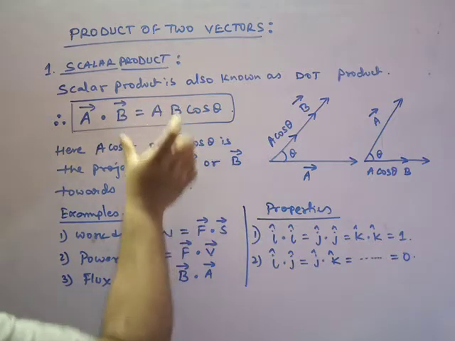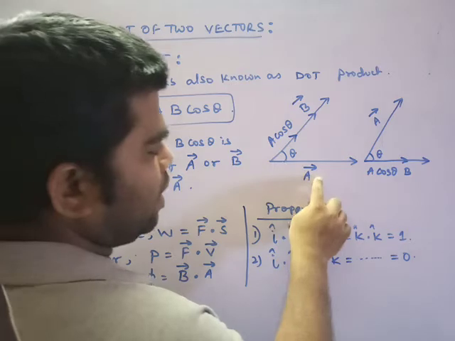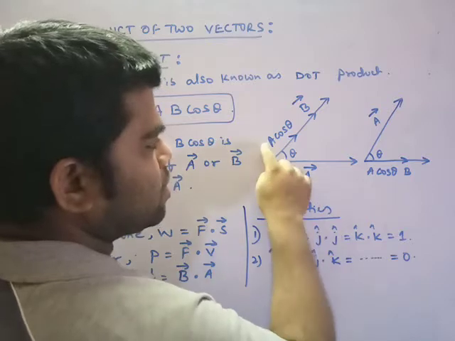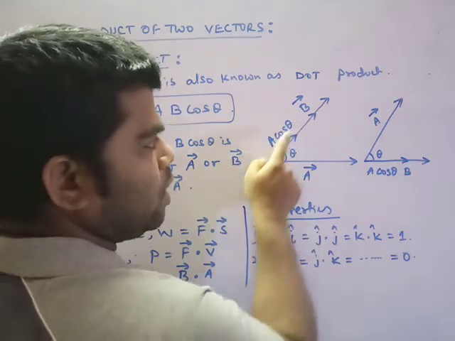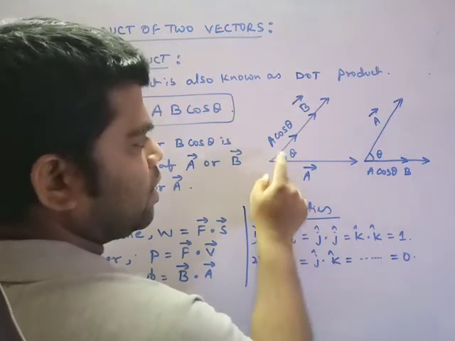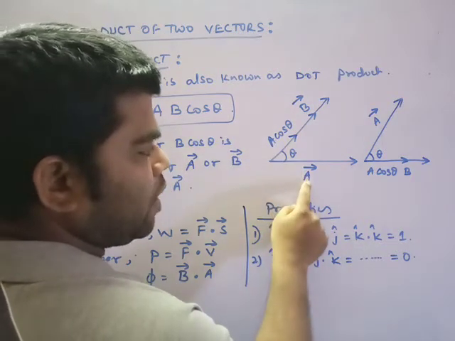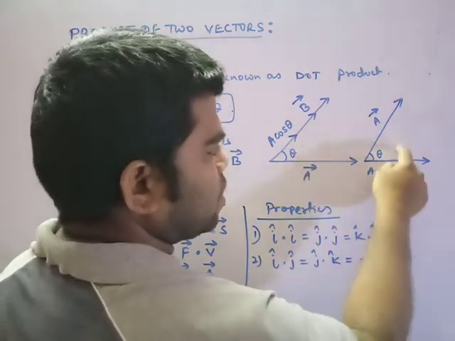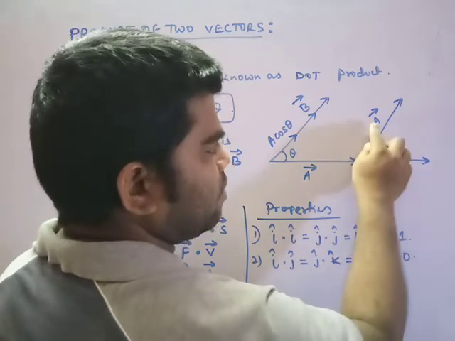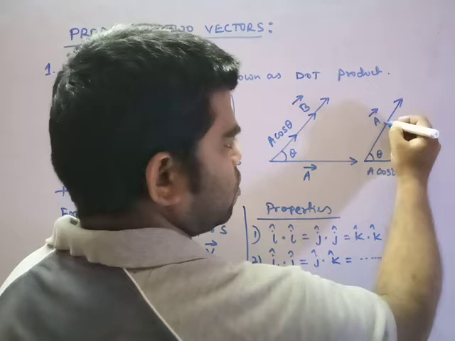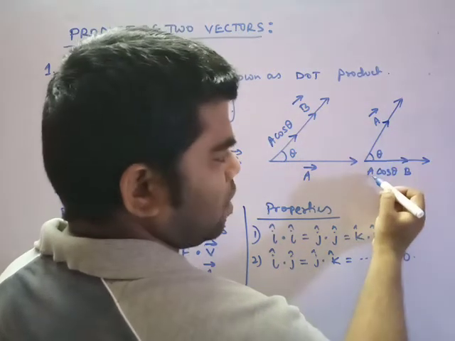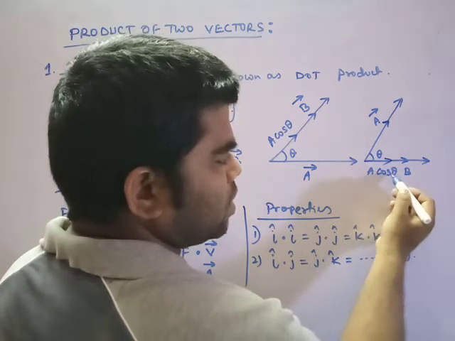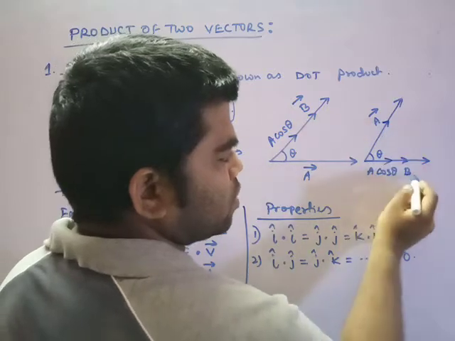This formula indicates that the vector A makes an angle theta with the vector B, so its projection, I mean to say its component, is A cos theta. This A cos theta is only towards the direction of B, so I will say A cos theta is the projection of A towards the direction of B. Here, this is vector B and vector A is in this direction. So once again, A makes a component of A cos theta toward the direction of B.